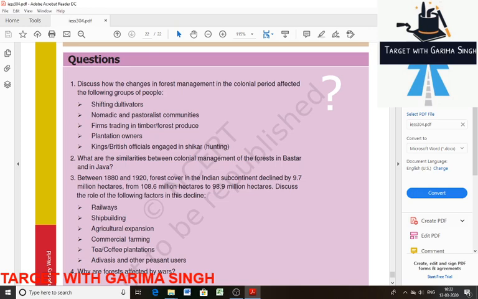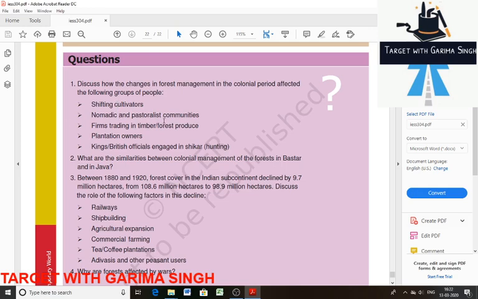The colonial government banned shifting cultivation as European foresters felt that this would harm the forest and valuable timber would be lost. The government also found it difficult to calculate taxes where shifting cultivation was practiced. So the ban displaced many shifting cultivators. Many of them had to change their occupation. A few shifting cultivators agitated against the ban. So that is shifting cultivation.